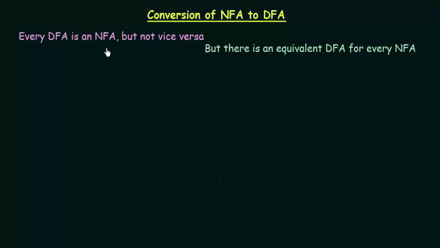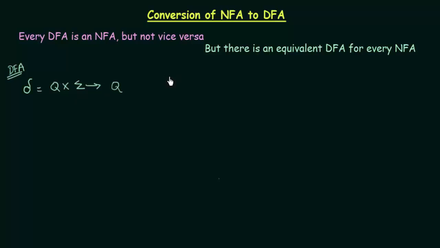When we studied about DFA and NFA, we studied that DFA is defined using 5 tuples, NFA also is defined using 5 tuples, and all the tuples in DFA and NFA were the same except for one of the tuples. And which was that? If you remember, it was the transition function delta. In case of DFA, what was the value of delta? Delta was a transition function that maps Q cross sigma to Q, right? This was the transition function for DFA.